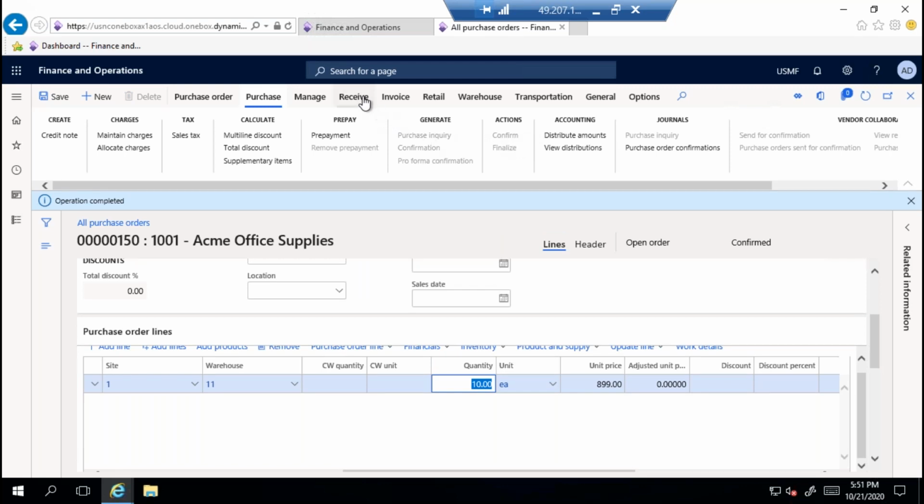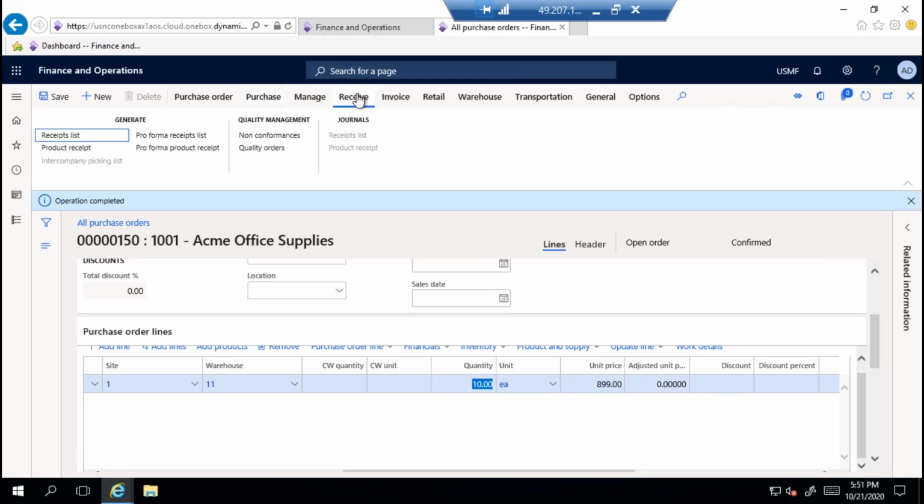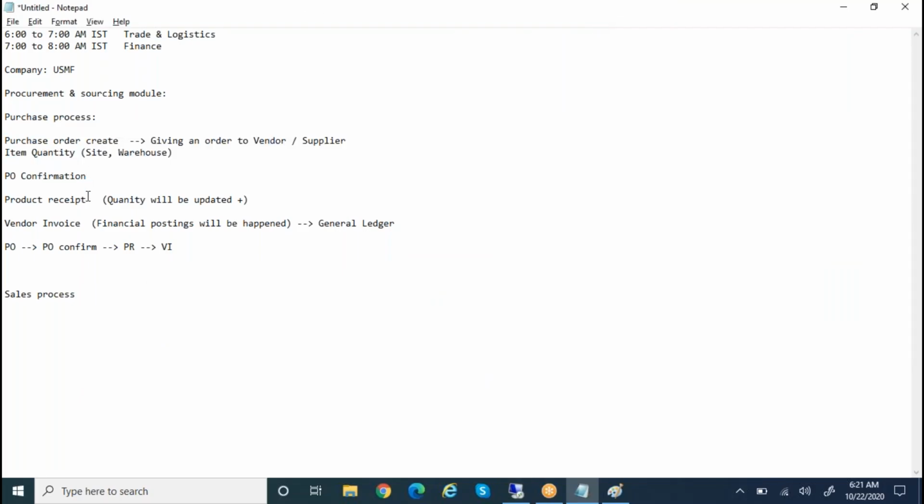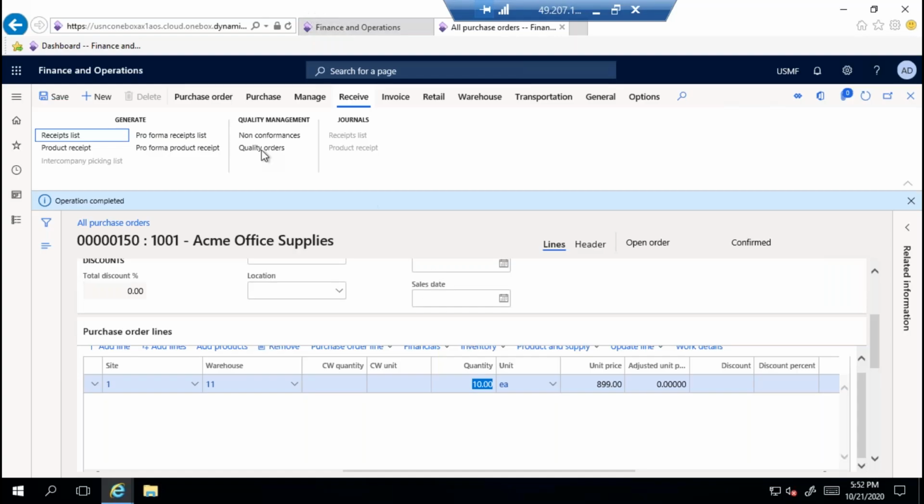Next, you need to go to the receive tab. There is a receipt list, but I'm not discussing the receipt list now. I'm talking about the product receipt. Product receipt means the quantity will be updated in my warehouse. If I click product receipt,